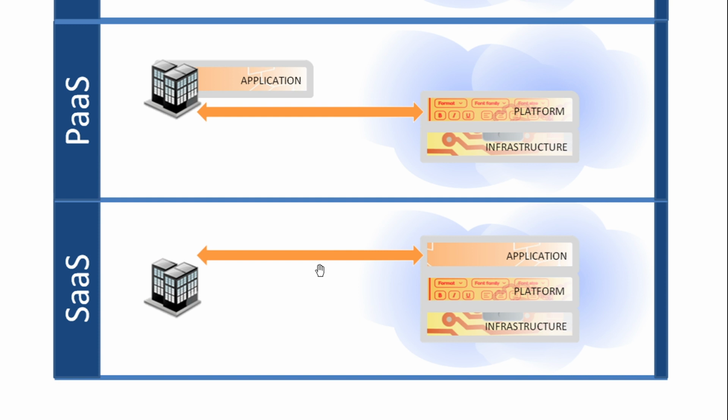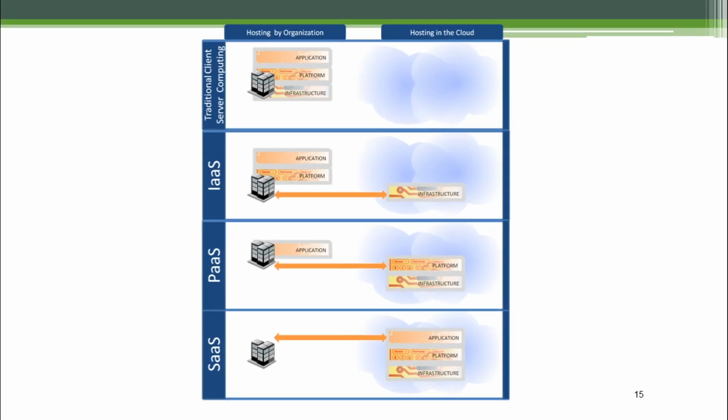What you know, Salesforce.com or Google Drive, OneDrive, Microsoft Office 365. These are the software as a service, where the infrastructure, platform, and the application are all hosted by the service provider, and you just use your internet and the browser to connect to this service. You don't typically do any of the management in your environment. So this is a pretty good comparison between the traditional environment and the new one.